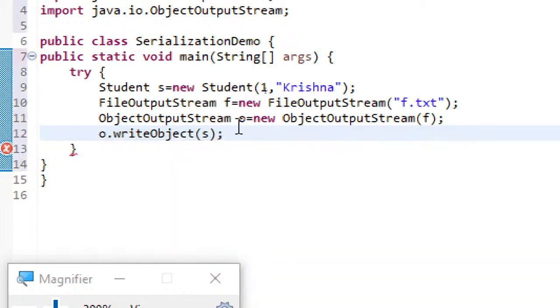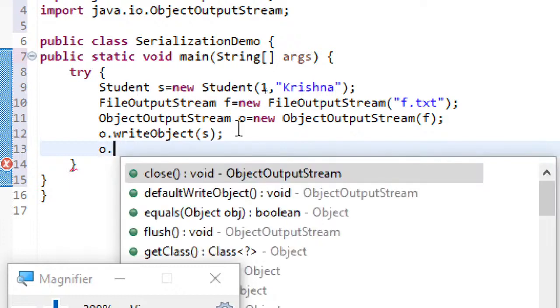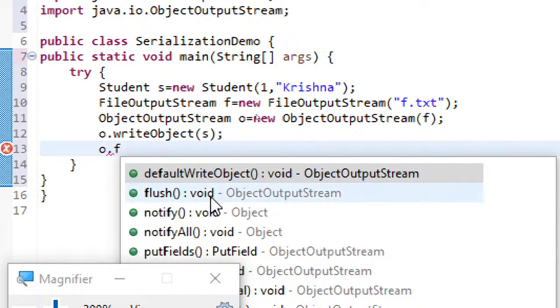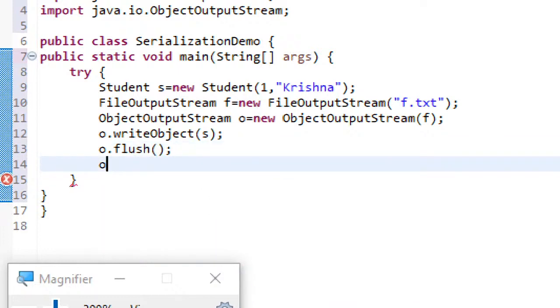Okay, spelling mistake. Anyway, o dot writeObject, and then we will just flush it. After that is done, we will just close this stream, that is the output stream.